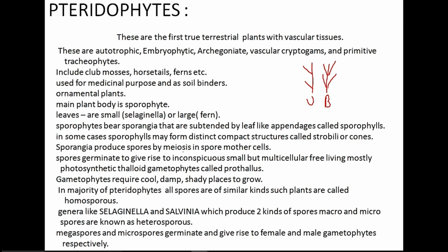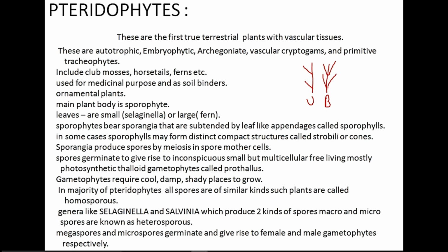Meiosis is nothing but the reduction division. In the majority of pteridophytes, all spores are of a similar kind, and such plants are termed homosporous. Examples are Lycopodium, Pteris and Dryopteris. Genera like Selaginella and Salvinia, as I showed you before,